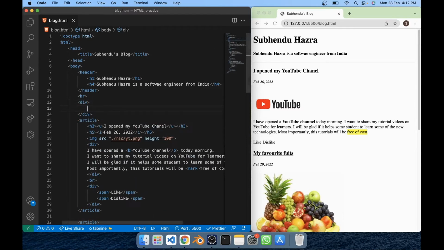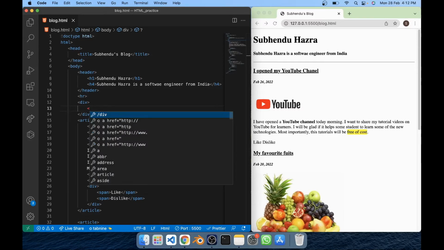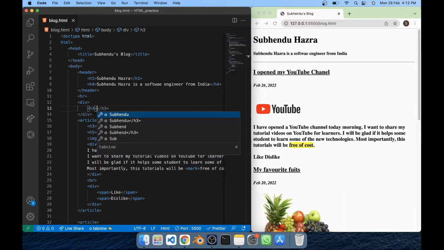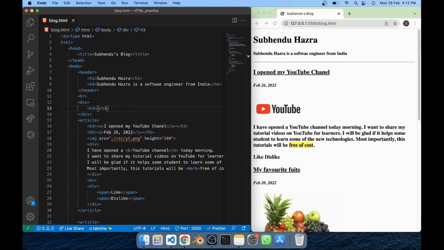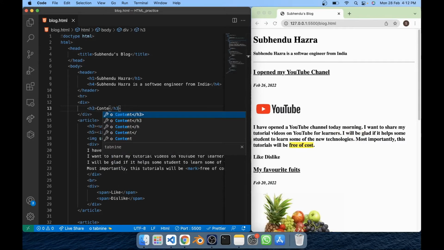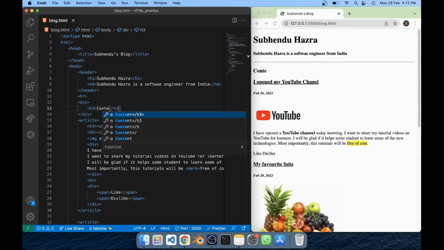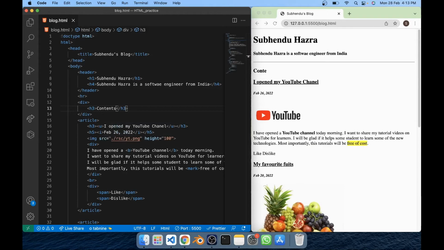We know div is one logical container, so I'm creating one logical container after this hr line, and inside this container I want to create one index. So I am giving one heading like h3 and putting contents,